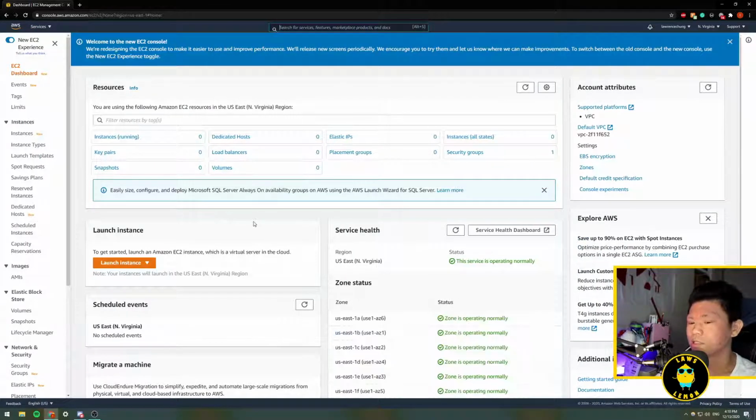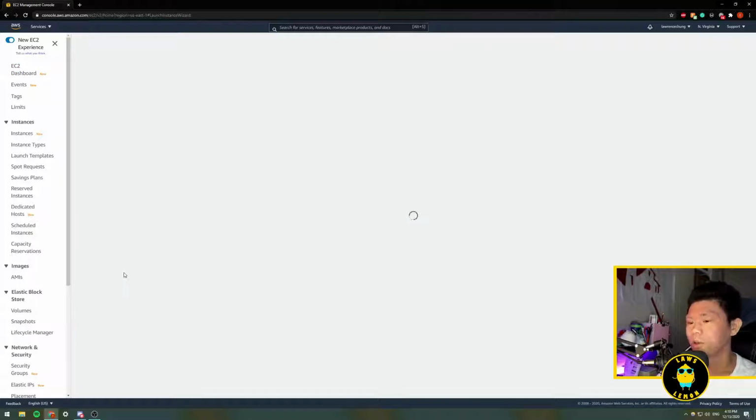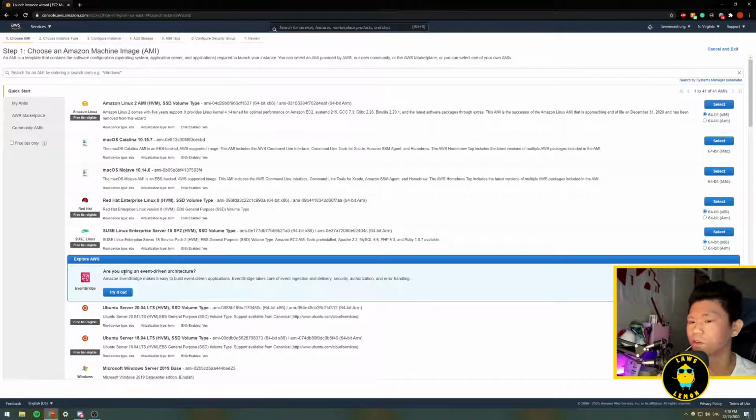Now once we're in the EC2 tab, we simply want to launch an instance, and what an instance is, is basically a virtual server or virtual computer. So this is going to be our computer that we're going to host in the cloud that's going to handle our VPN server. Now we're going to be prompted to choose a machine image, and basically this is just what kind of OS you want to be running. So you can see you could be running Linux, Mac OS, you can be running Windows Server, Ubuntu servers, but